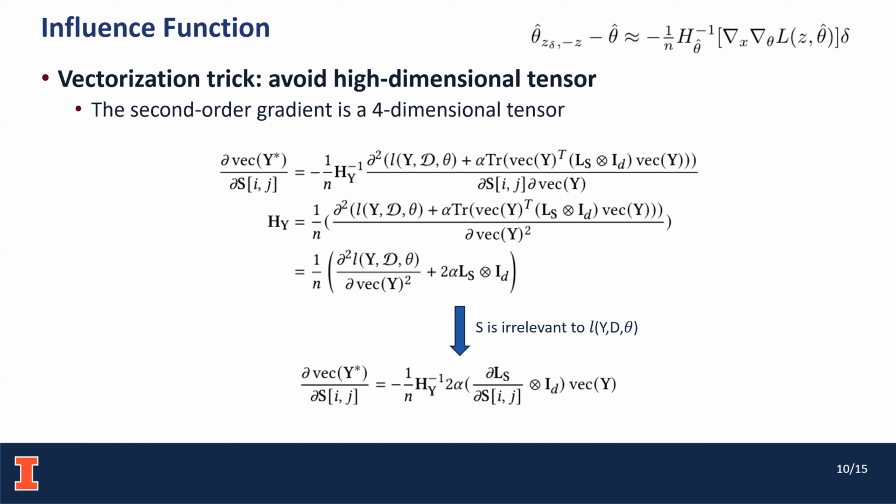So in the first step, we're going to apply the influence function in the upper right corner here, which is the original form of the influence function. Basically, it says that the change in the output is going to be minus 1 over n times the inverse of the Hessian matrix times the gradient of the loss function with respect to input x and parameter theta. So if we are estimating the gradient, we move the delta from the left-hand side and we will get the first line here.